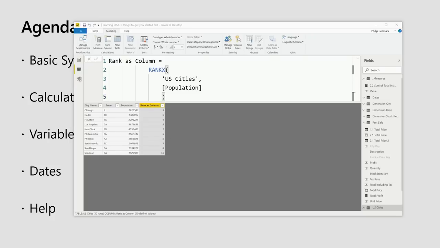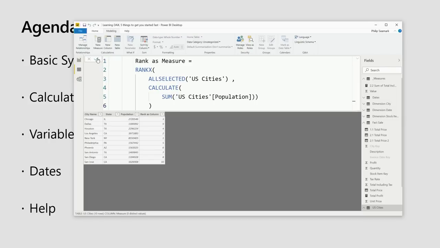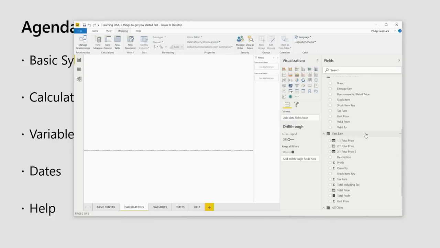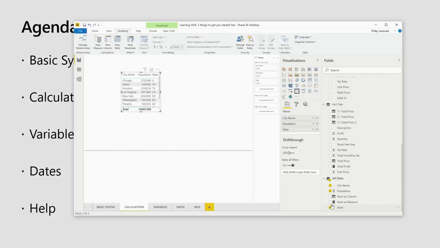So if I grab that code, and it does look quite similar, I'm going to go new measure, paste this in, and OK. So it doesn't live anywhere in the data view. So now if I create a visual over that, and let's drag city name onto a table, population, state, rank as column, and rank as measure, and zoom on in.